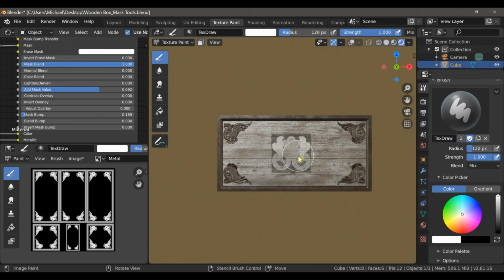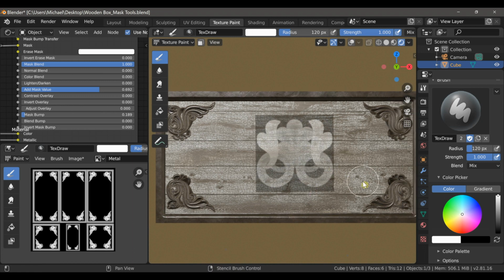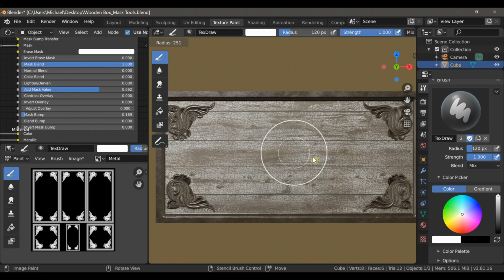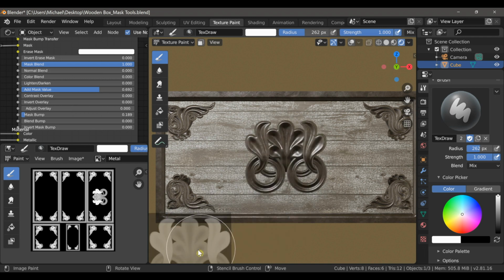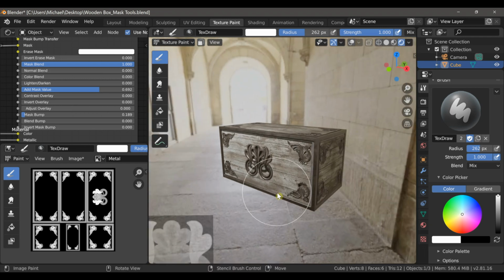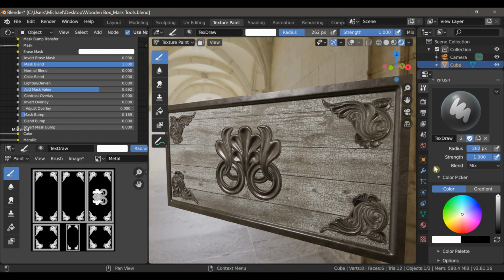Okay, so we'll go to the front orthographic view, and then we'll scale this up so that it's rather large and try to get it as centered as possible. And then I'll just paint this detail on. Okay, I think that's looking pretty good, and we're nearly done and ready to bake our textures and use the